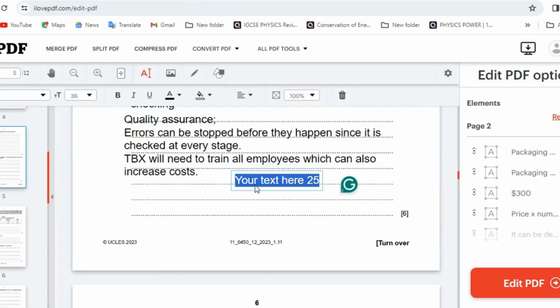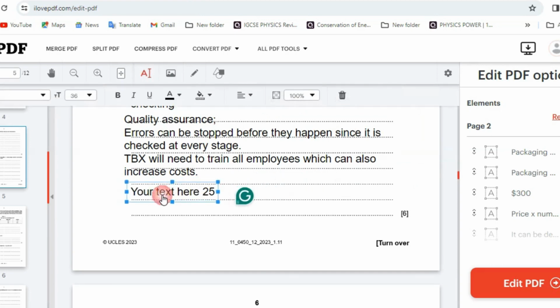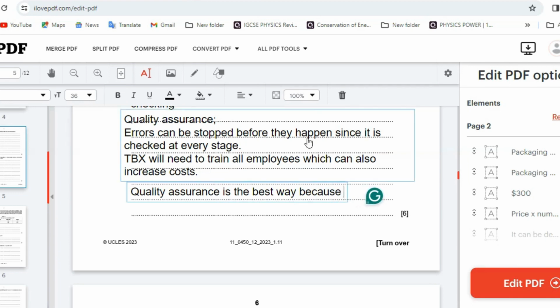Let's pick quality assurance here, for example, and you will see how you can also develop why you choose quality control. Let's say quality assurance is the best way because of what? What is your reason? You have to give it out. Because when you are using quality assurance and the product is checked at each stage of production, fewer mistakes are